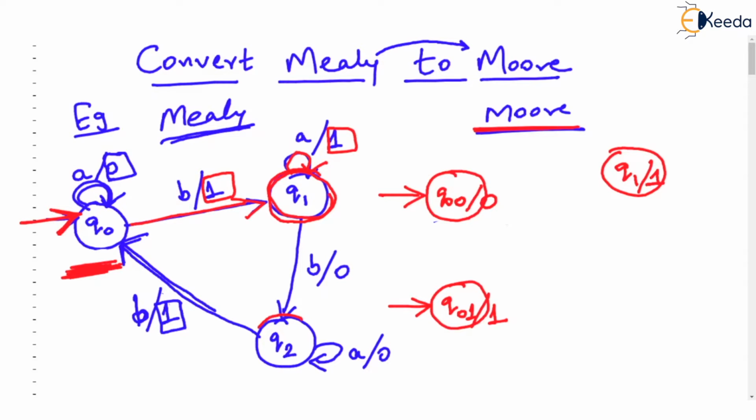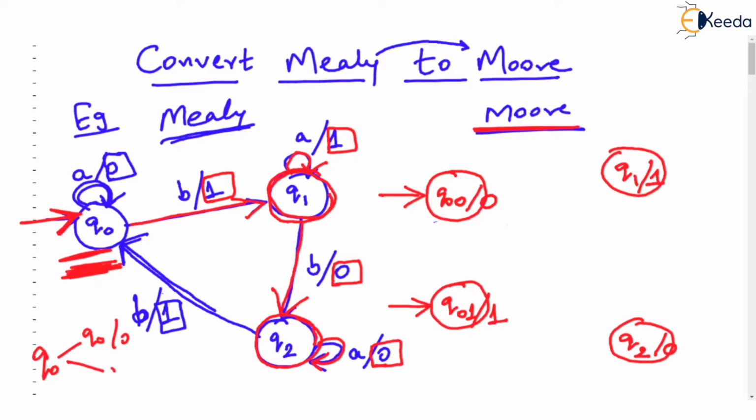Let's inspect Q2 state of Mealy machine. Check that for Q2 state, one of the incoming transitions here, which I am redrawing, has output 0. And another incoming transition here to Q2 state also has output 0. So we can say that there can be Q2 state in our Moore machine with output 0. So finally, there will be 4 states. Note, this Q0 state has been split in such a way that one of the Q0s will output 0 and another Q0 will output 1. I hope you have understood.